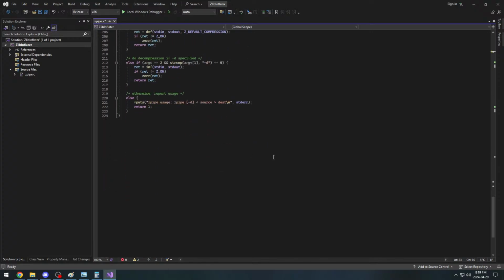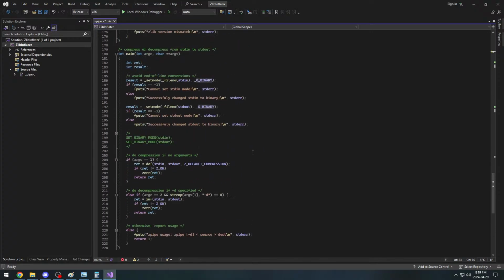Basically, I'm just gonna quickly go over what this program does. It takes input in the command line. It takes the file that you want to inflate, and then it outputs the inflated file, right? And it does this in the